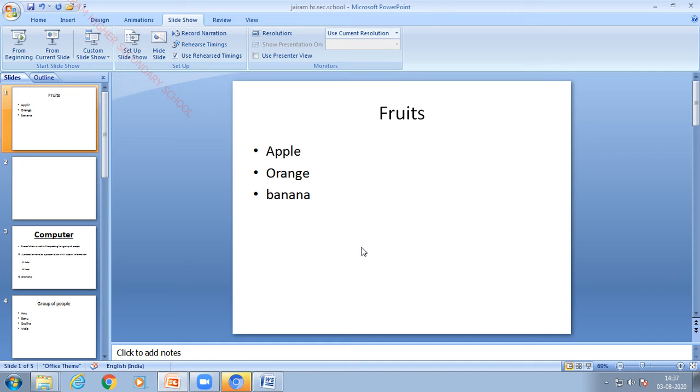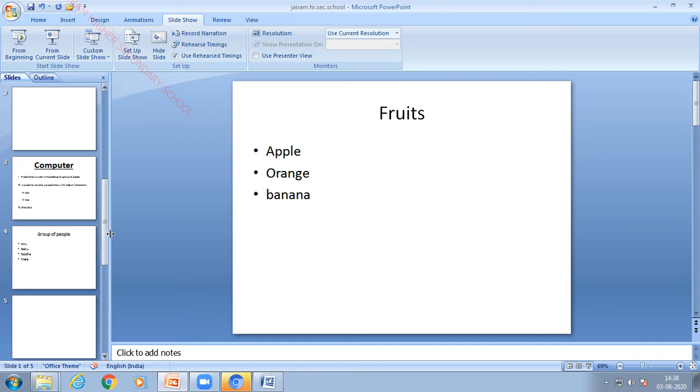And also here we have an option, From Current Slideshow. What is the use of this option? In case you want to display these pages during a slideshow, you will press the F5 key to display the slides in the slideshow. In case you would like to display the pages from 2nd to 5th, how will you do it? You have to choose the From Current Slideshow option.